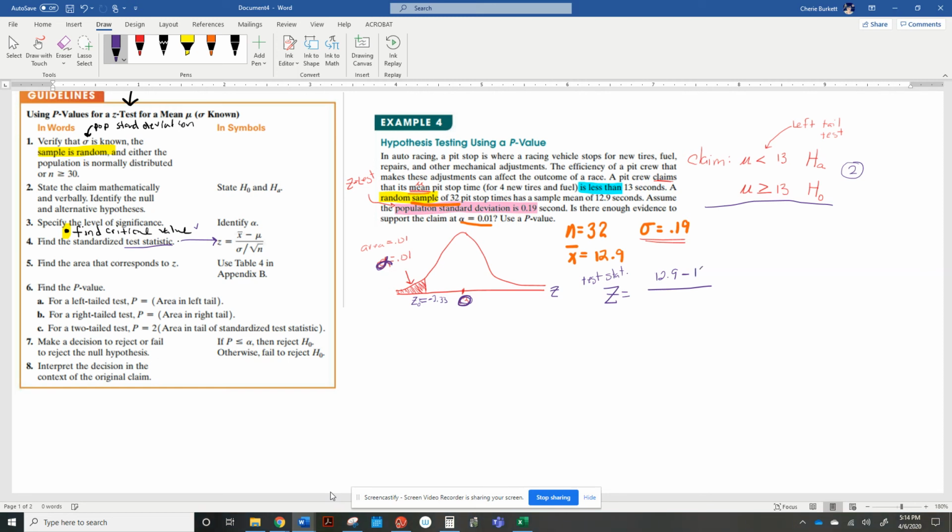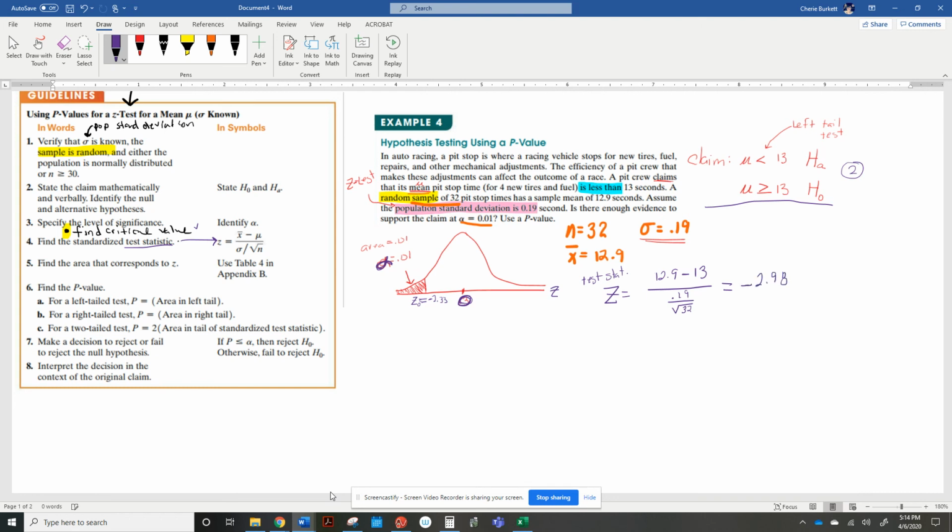And then we're going to divide it by the standard deviation of the population divided by the square root of the sample size. And hopefully you remember that what we're doing here is actually calculating the standard deviation for the sample, okay? We calculate that, you type that in your calculator, and you get negative